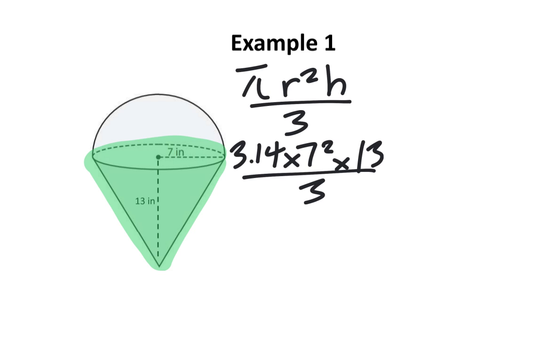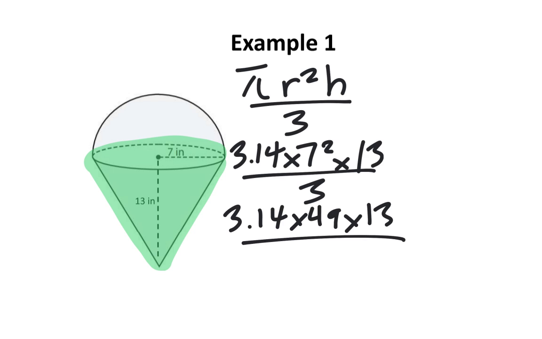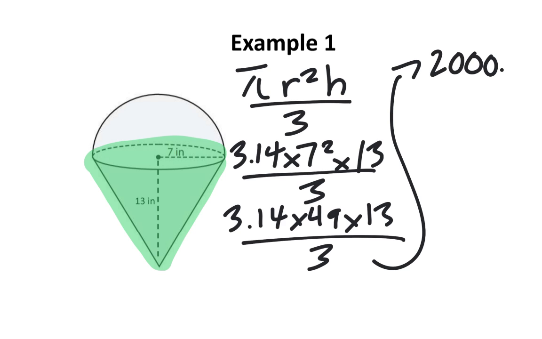At this point, you want to be following BEDMAS, which means you need to do the exponents before multiplying and then dividing at the end. 7 to the power of 2 is the same thing as 7 times 7, which is 49. 3.14 times 49 times 13 is equal to 2,000.18. We now need to divide this by 3, which becomes approximately